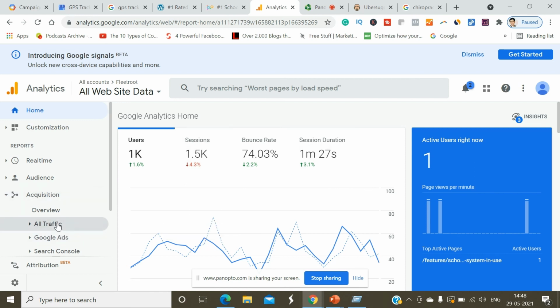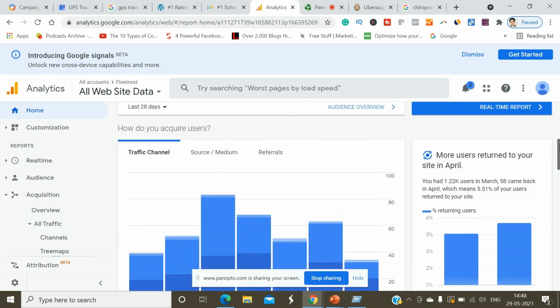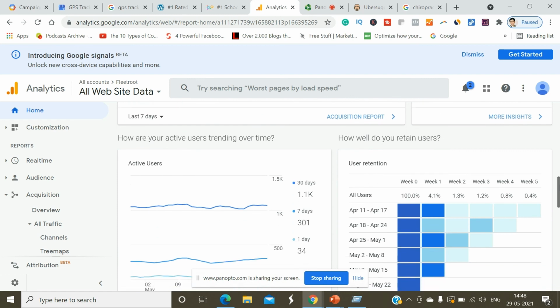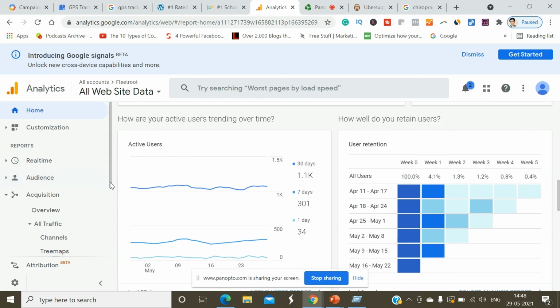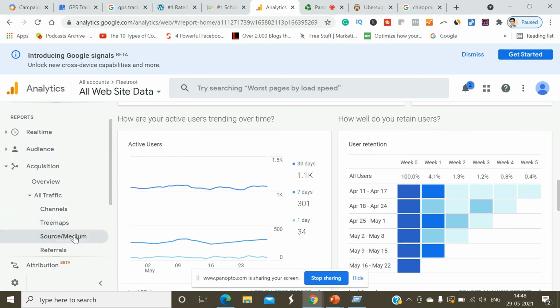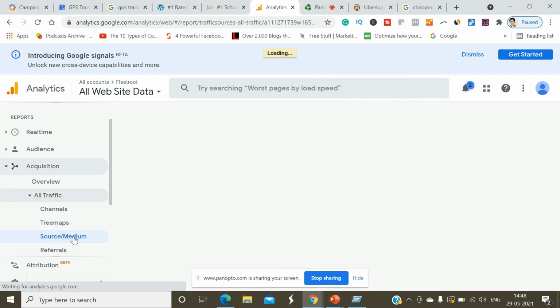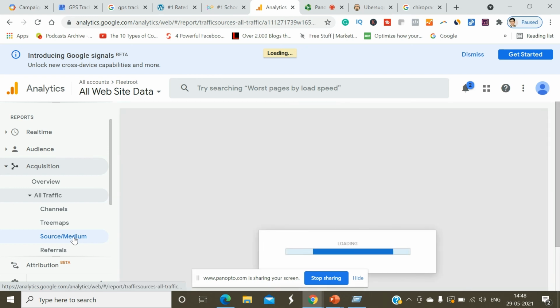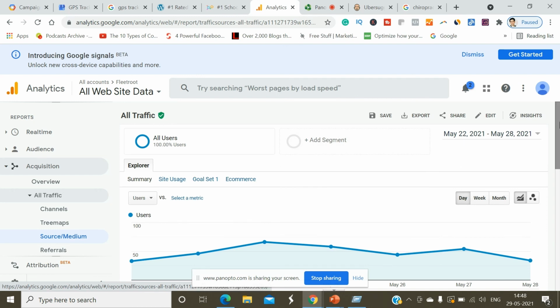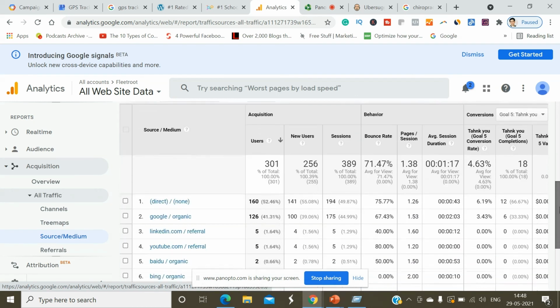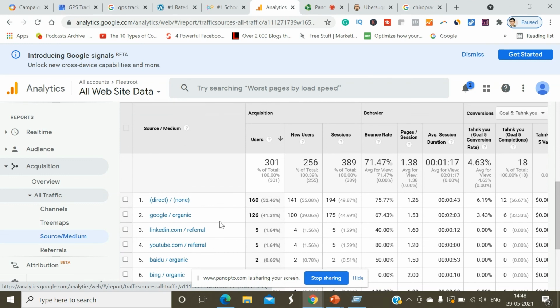Now I'll click on source or medium. It will tell me the sources and mediums, what the sources of traffic are. For example, from Google we got 126 users, LinkedIn 5, YouTube 5.